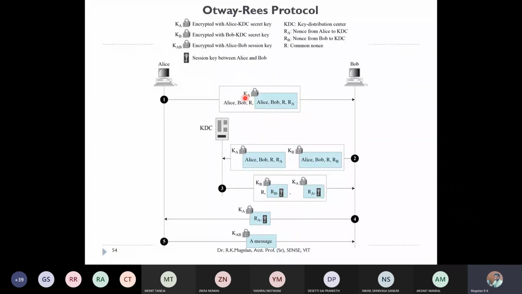KA is nothing but a key known only to Alice and KDC. Once Bob receives it, he can see only the outer values, and he will transmit the unopened KA packet along with the KB encrypted value of Alice, Bob, the common nonce, along with the nonce belonging to Bob, that is RB.